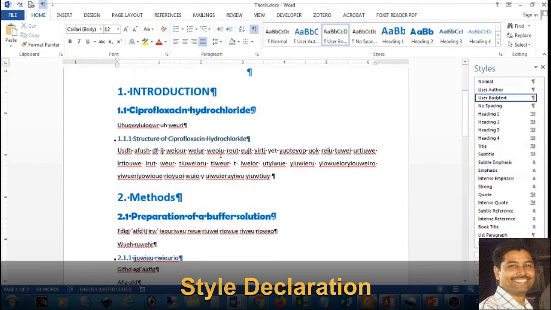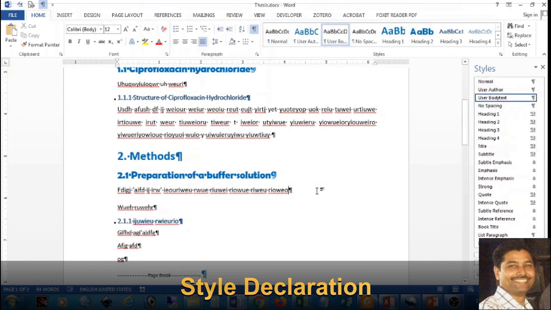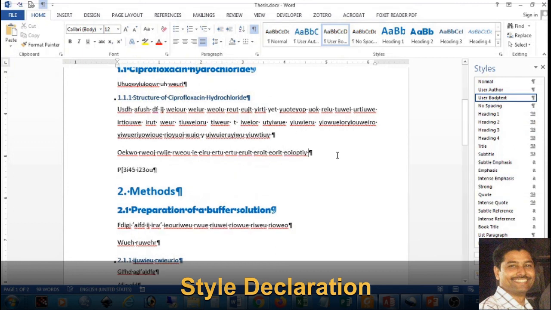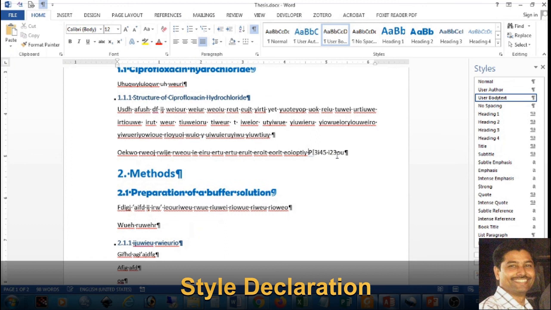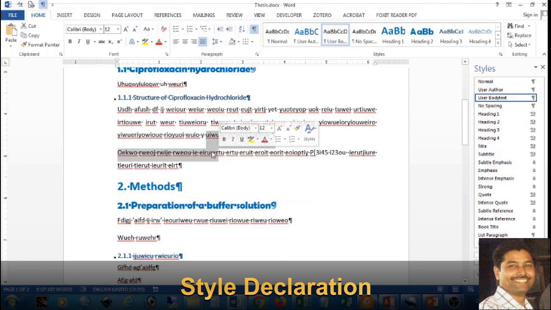all your body text now will be formatted in this manner. Now let us see what happened. This one is presently in normal. Just click on body text. Okay. Now after a paragraph, if I press enter, you see some gaps are there. Now see here, this line and this line, there is a gap.